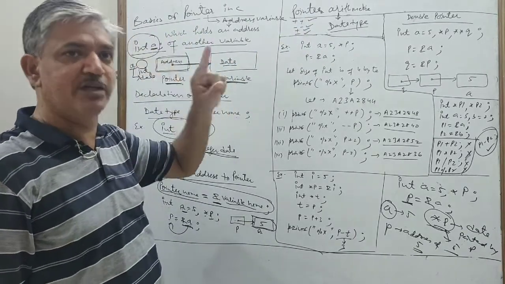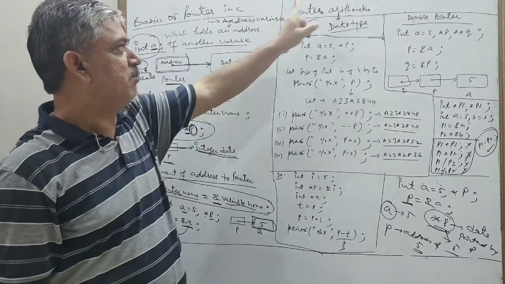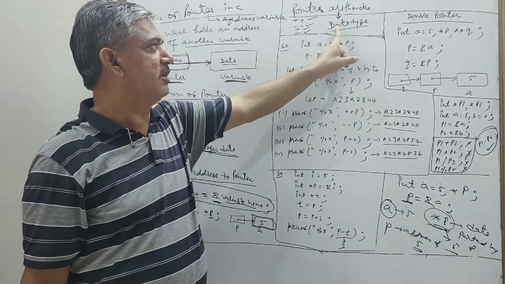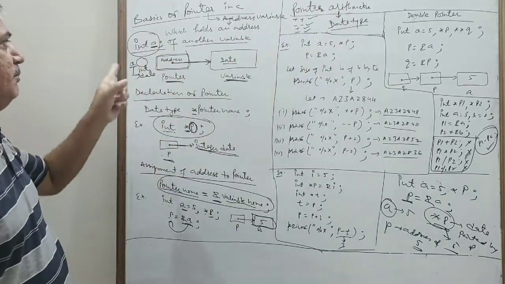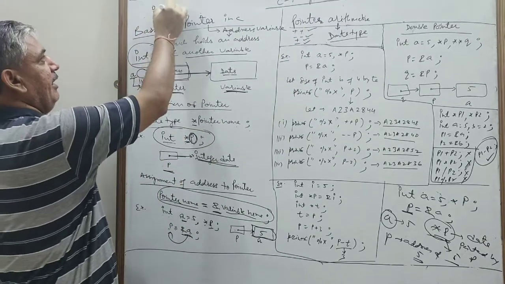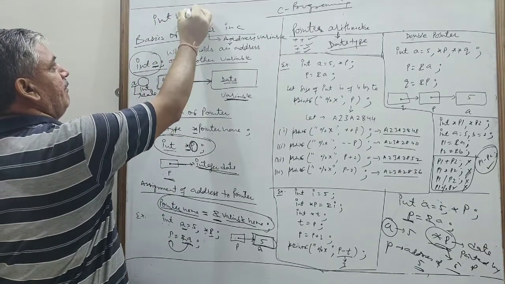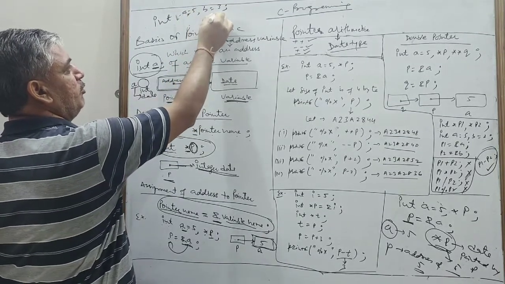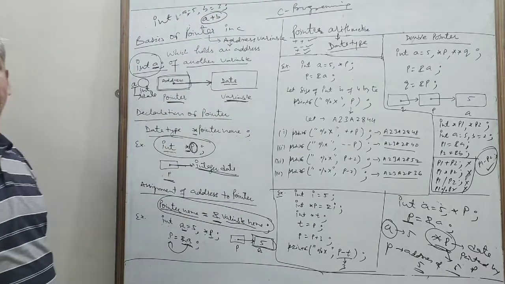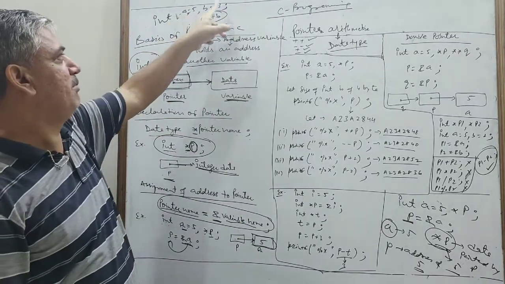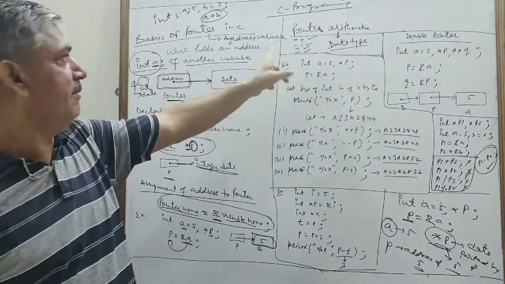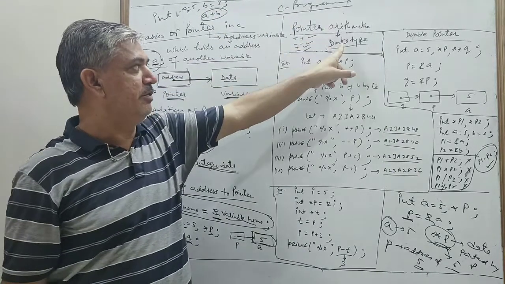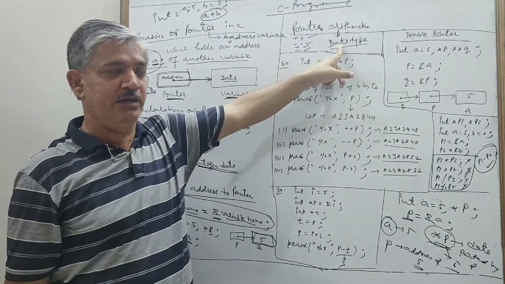But remember, pointer arithmetic is not according to data. This pointer arithmetic is according to data type. In the case of simple variables, I write int a = 5, b = 3. When we add a and b, a plus b, we will get 5 plus 3, 8. But here, pointer arithmetic is not according to data. This is according to data type. Clear?